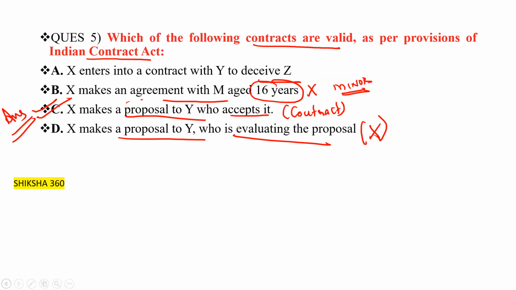Why is option A not correct here? Regarding B and D, we have already seen that A is not correct because their motive is not good. They have a negative motive. That's why this is also wrong.